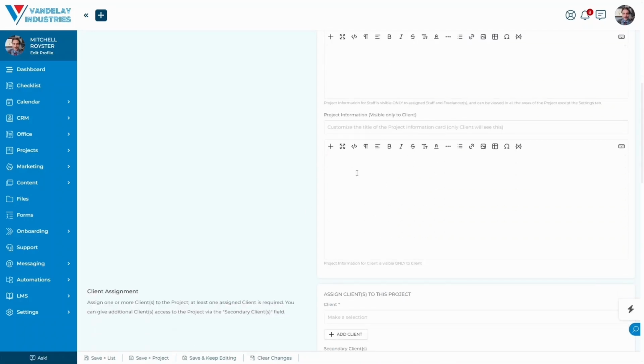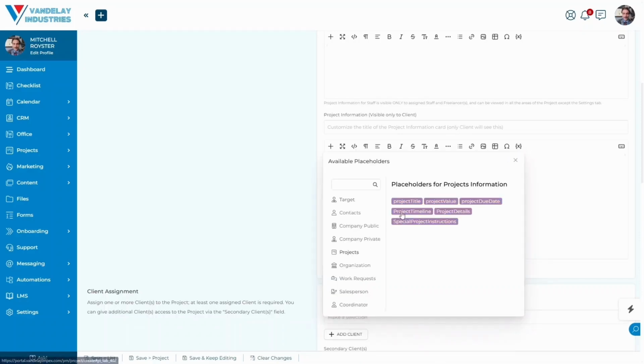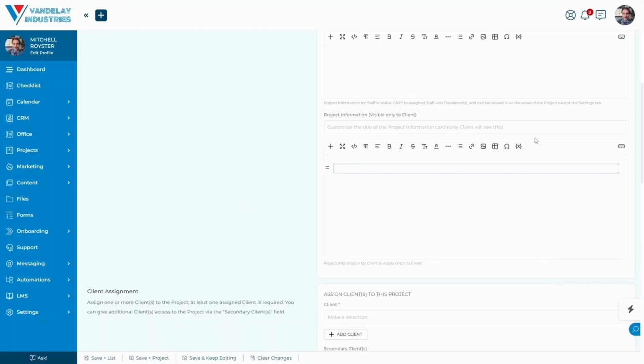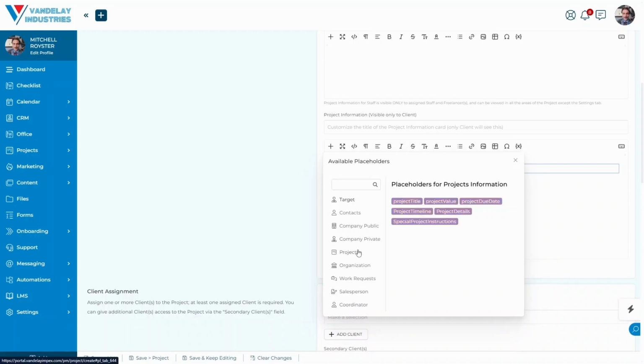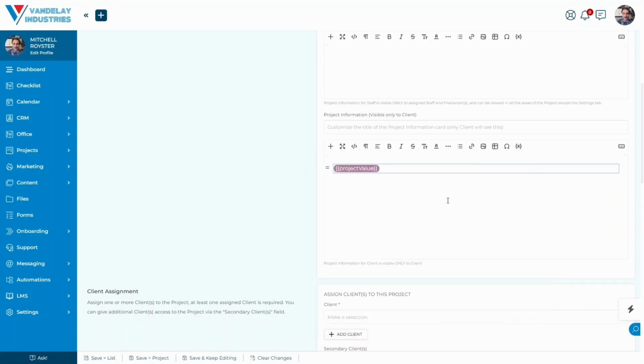Down here, same exact principle, except this information is only visible to the client. So if you had a special message that you wanted to present to the client, perhaps even take the same placeholders that we did before and provide that information to them so that they have an overview, even though they're the ones that had put in this information for us to be able to provide for them. It just gives you a nice, clean interface so that you can clearly convey whatever messages that you need to